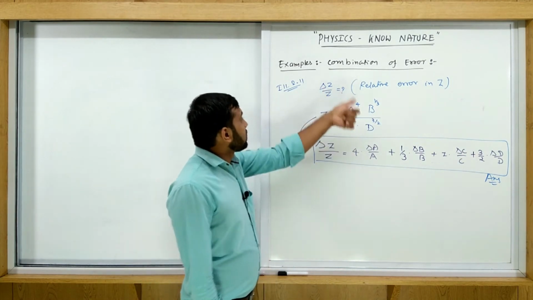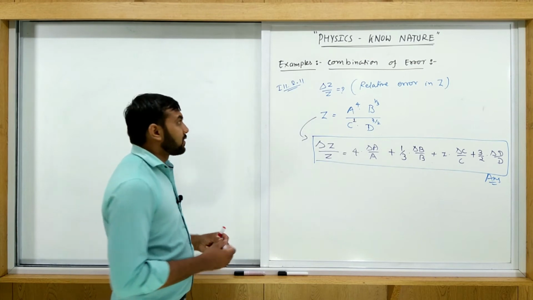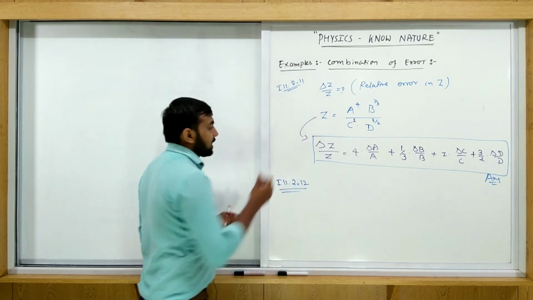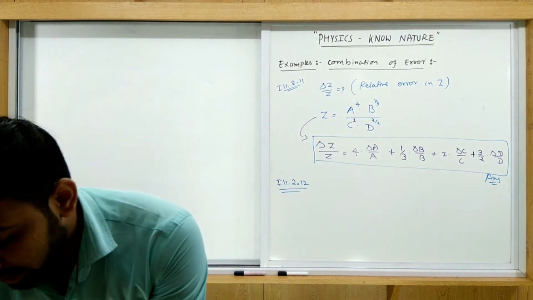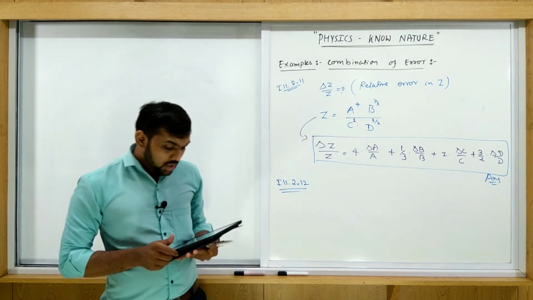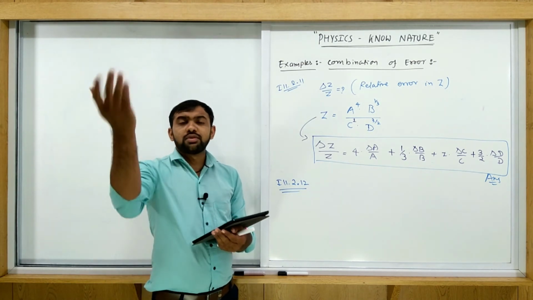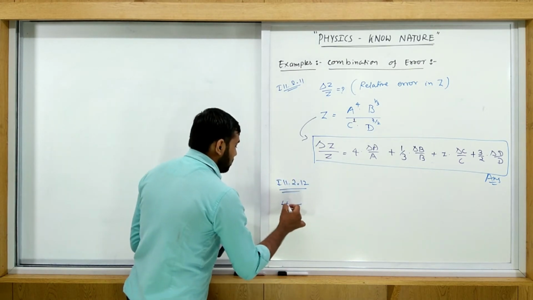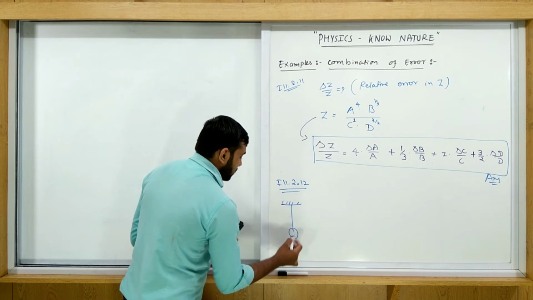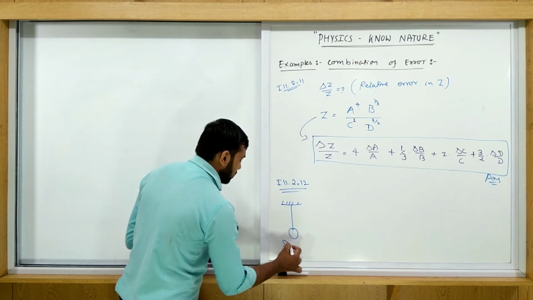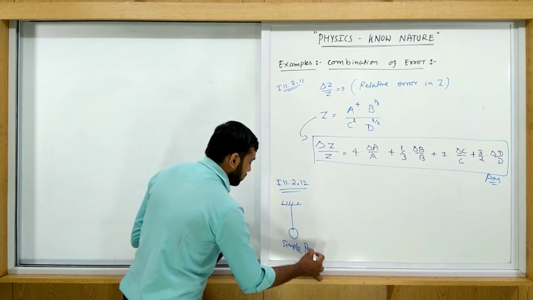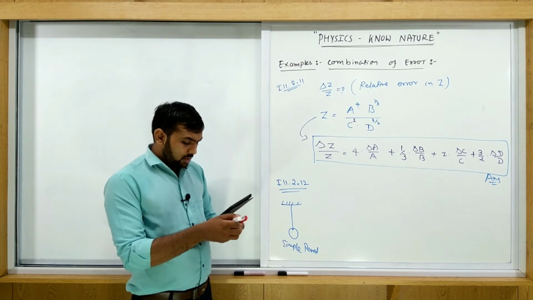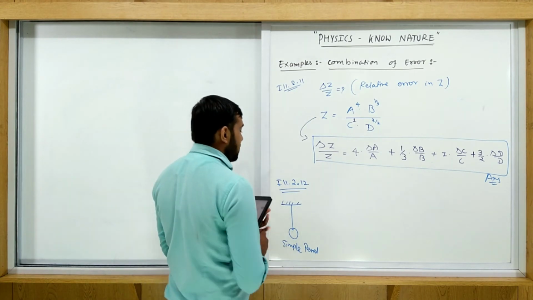Okay. So this is the simple example. Another example is given to us. Let's write illustration number 2.12 exactly like this. Okay, let's write this example here. The period of oscillation of a simple pendulum, as we discussed in a previous session. What is a simple pendulum? This type of arrangement is called a simple pendulum. So the period of oscillation of a simple pendulum is given by, let's write the given data,